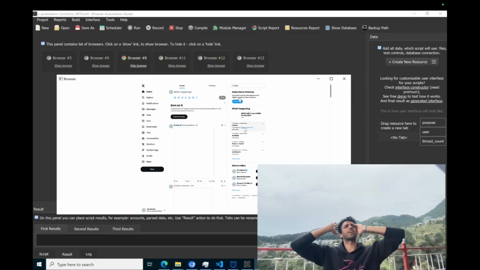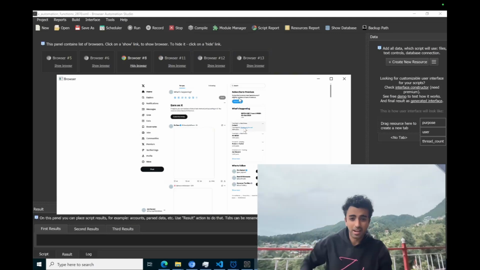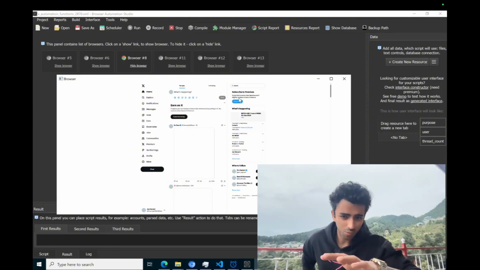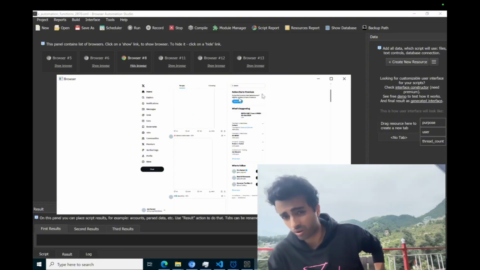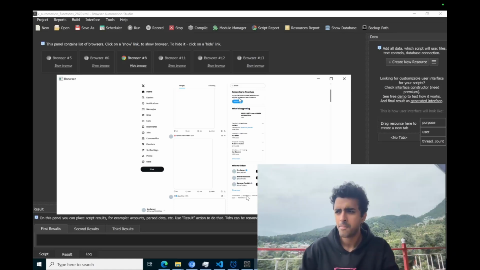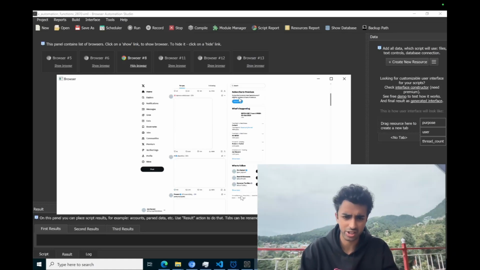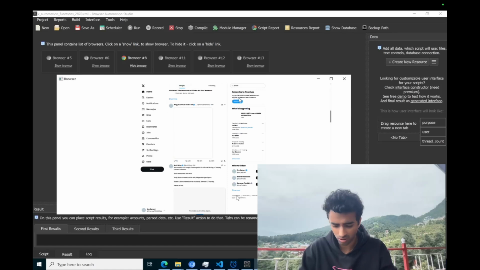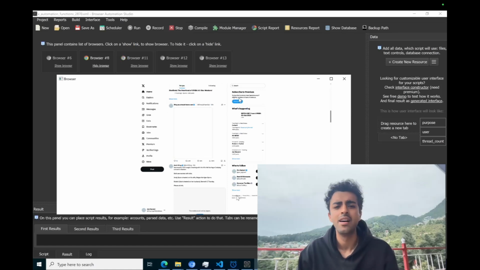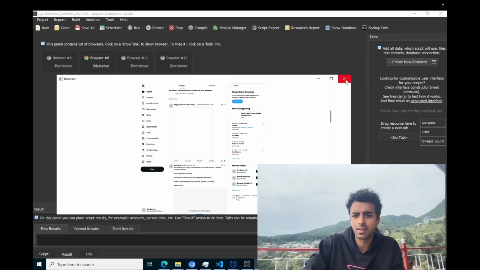This doesn't use any of that stuff, and that's why the accounts, once we unlock them, and especially when we use aged accounts, just don't get locked, almost never, as long as we do the right number of actions. We do like 10 comments on the first day, 20 on the next, and up to 80 max comments. I'm gonna also implement the DM system in this. And okay, till then let me show you the other stuff.